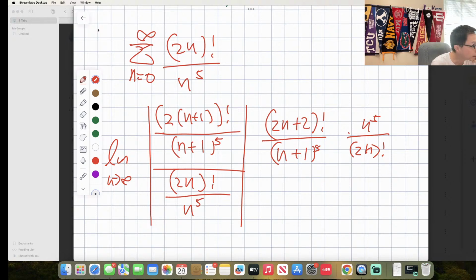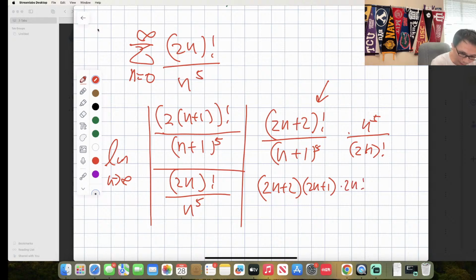Is this okay? Yes. So then you want to change this to 2n plus 2 times 2n plus 1 times 2n factorial over n plus 1 to the 5th